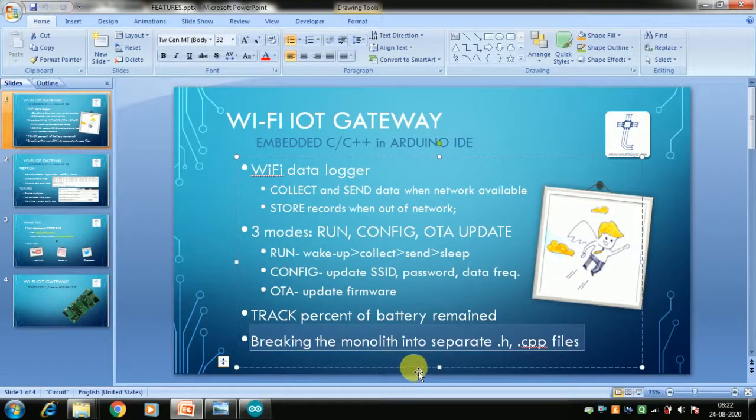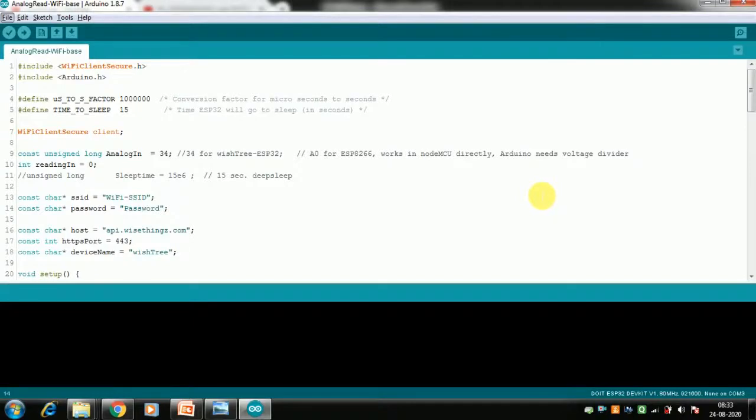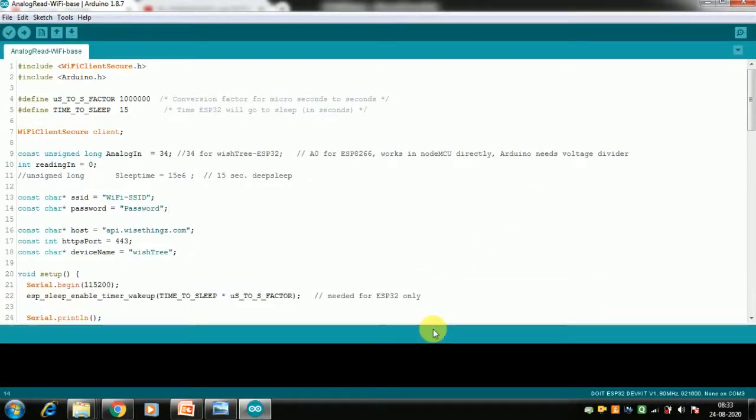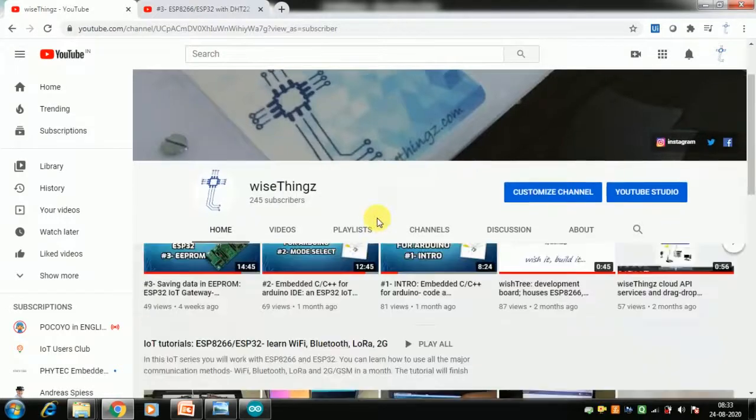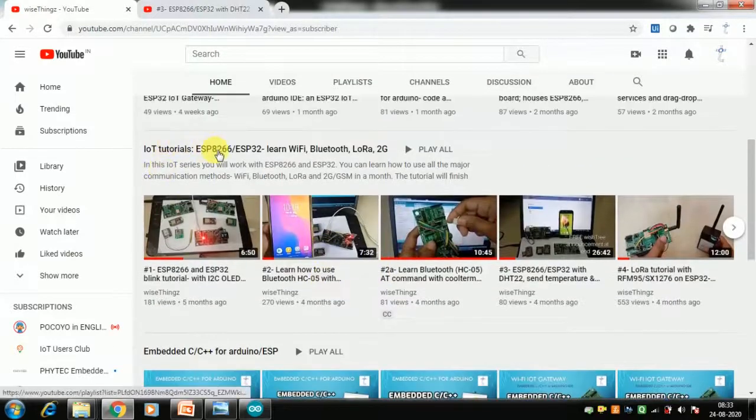So let us begin. Here we are inside the Arduino code for sending data over Wi-Fi to the internet. Sending data over the internet is a very basic thing in IoT, and people have been doing it for a very long time. So I will not get into that, because the audience may already know how to do it, and it is described at length on my channel, Wise Things. You can go to IoT tutorials,